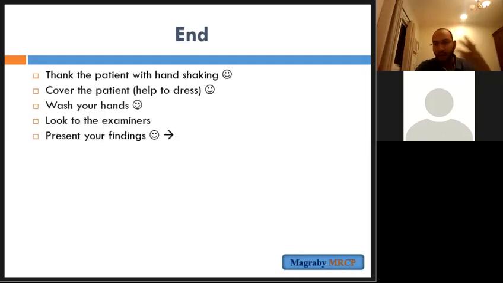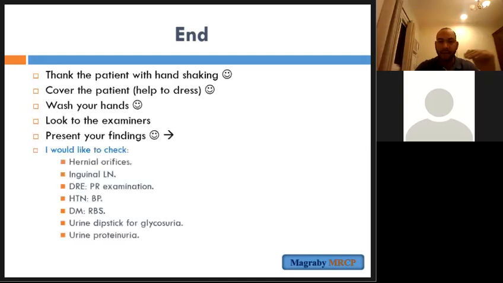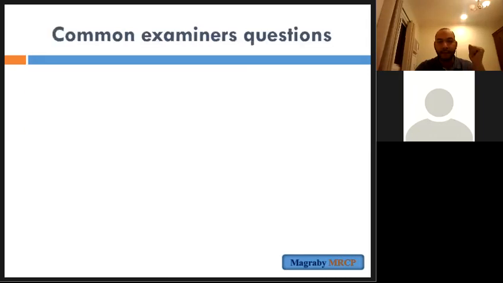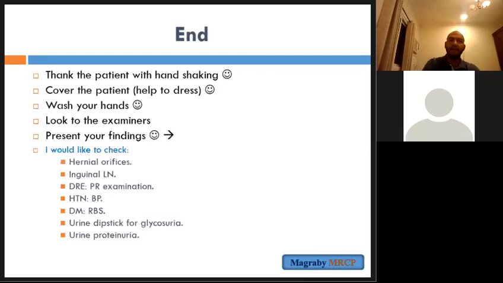examiner, say, I'd like to examine other lymph nodes, I'd like to examine the hernia orifices, I'd like to check for hypertension, for diabetes, check urine analysis, like this, if it is relevant or if you would like to. Let's go to the other